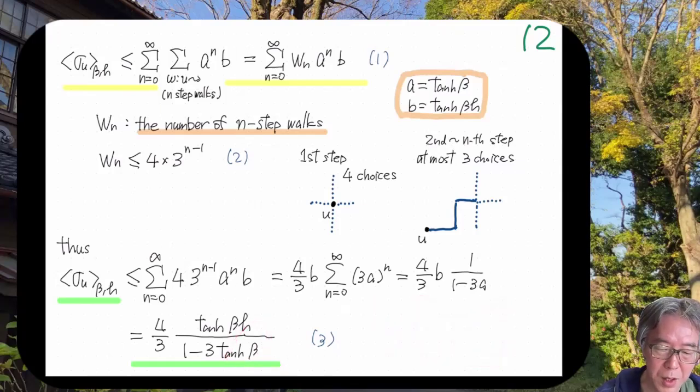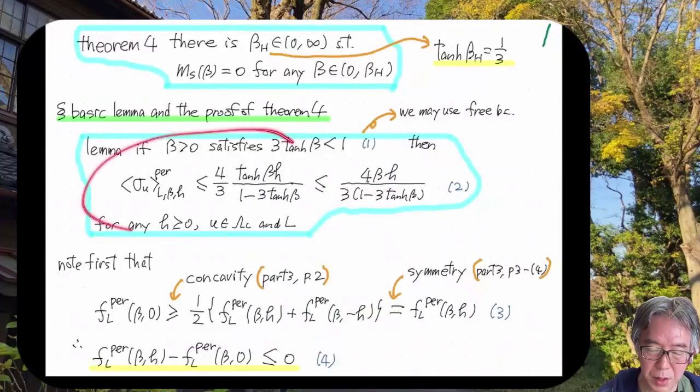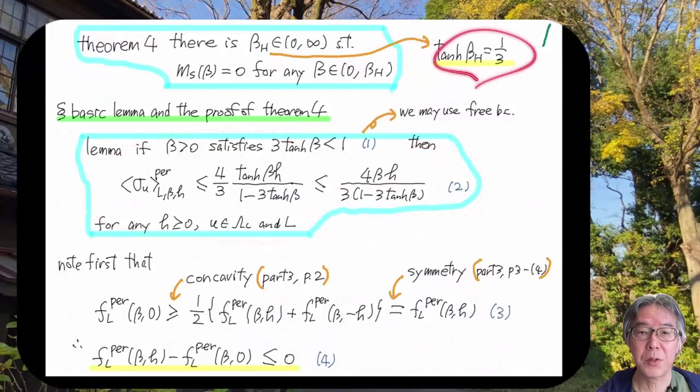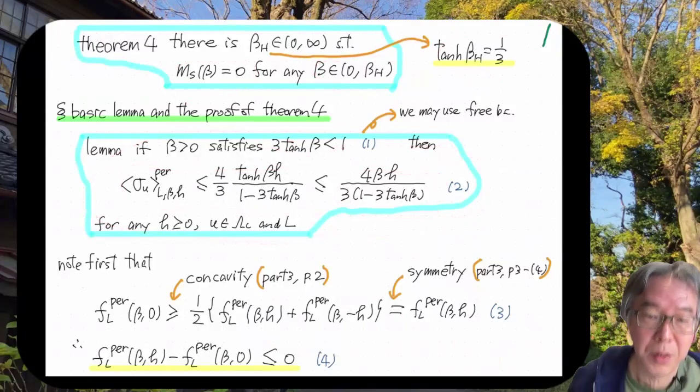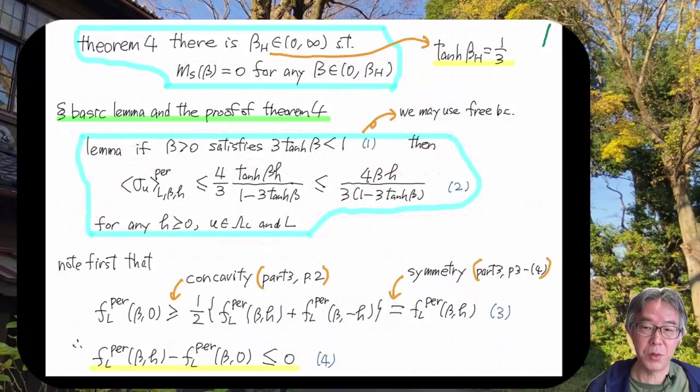I'm sorry, I was here on this first page. So that's why we had this condition. And under this condition, we were able to prove this upper bound, which means that the spontaneous magnetization is 0 at high temperature. So the remaining important task is now to go to the low temperature region, where we use